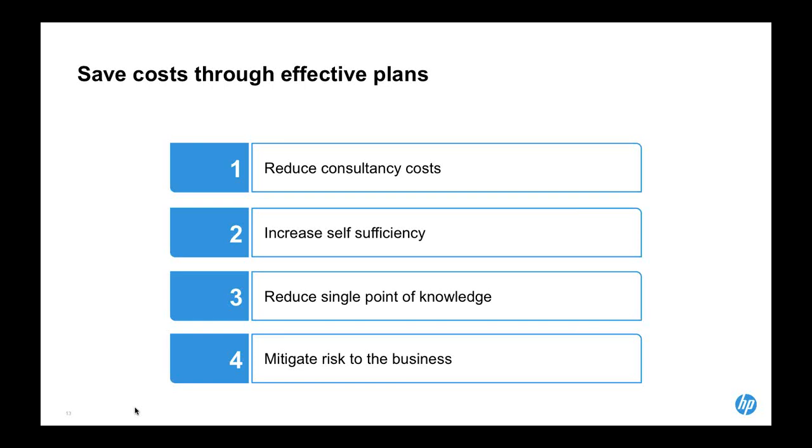We help you also to reduce that single point of knowledge within your business, so that single person that is the only person that knows how to recover X, Y, and Z critical system. You can actually record what they do, document that down, and give that in a training environment out to the other people in your team. So you have multiple people that can recover that system and reduce risk for your people in the organization. So overall, with the Adoption Readiness Tool, in terms of disaster recovery processes and procedures, we are able to mitigate risk to your business in a very, very big and constructive way. Next slide, please.